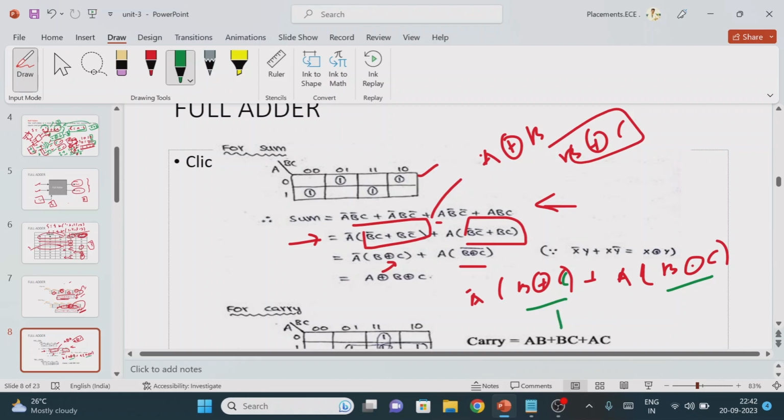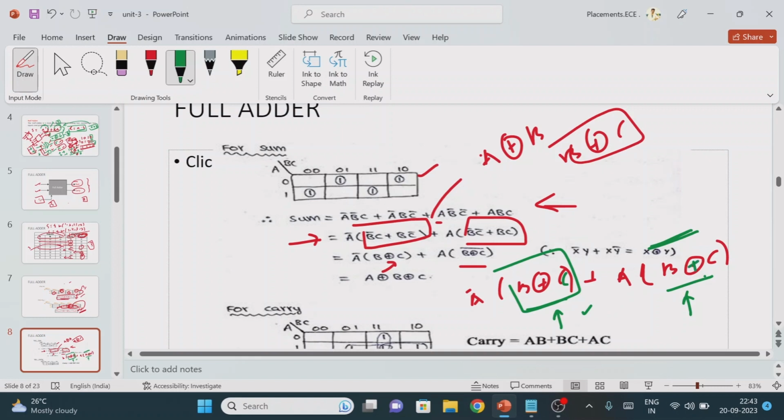Here I have the XOR gate, here the XNOR gate. Now I am going to convert completely to either XOR or XNOR. In this case we convert in terms of XOR, so we keep B XOR C as it is. This one is XNOR, so if you take the complement, it becomes the XOR logic gate.